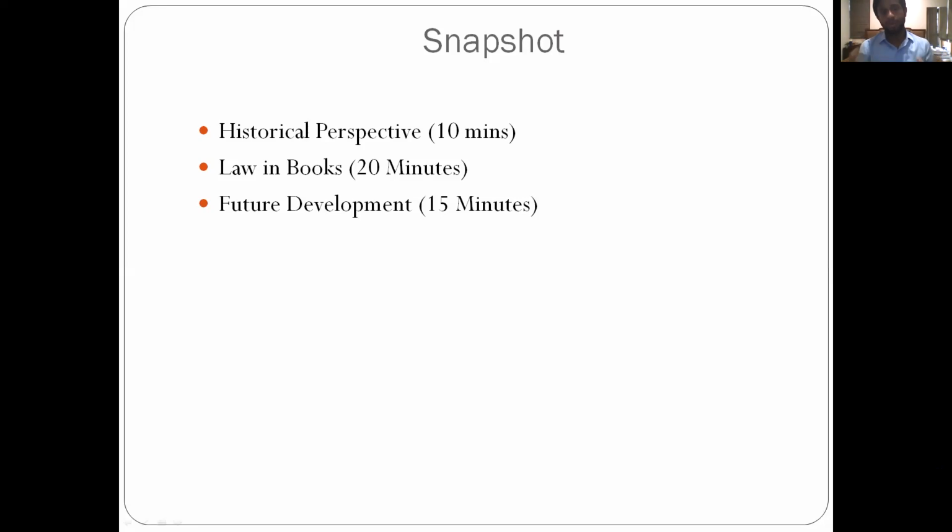There are a lot of open questions subject to interpretation, which we have to fill in. So we can either fill it in having a backward look, in the sense of how historically we have been doing things, or we can fill it in with a more guiding light as to how we should do things. And this is where I follow the more futuristic vision as to the development of the law and how it should develop, how the gaps should be filled, which is the third segment I will be dealing with here.